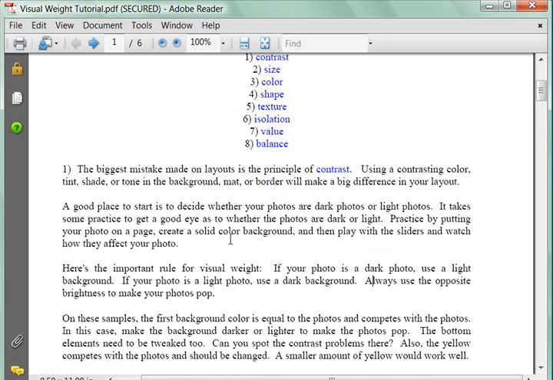The biggest mistake I see on layouts and design principle is contrast. Using a contrasting color, tint, shade, or tone in the background mat or border will make a big difference in your layouts. If you don't have enough contrast between your text and what's behind the text, your text will not be readable. And I see this a lot for newbies. You have to pay attention to always putting something light onto something dark. And in fact, to make your photos pop,